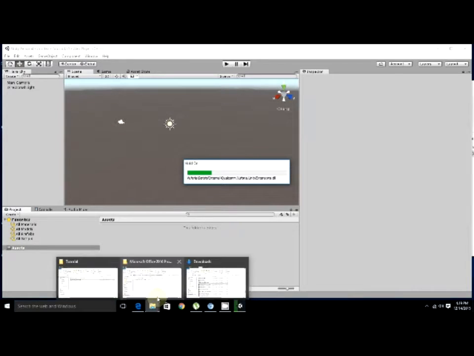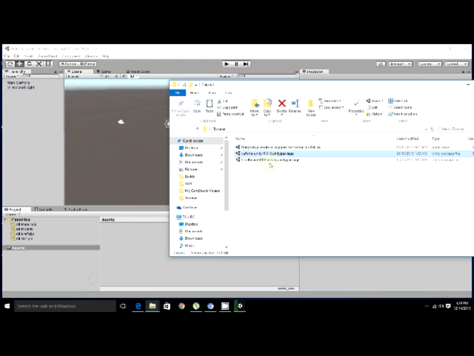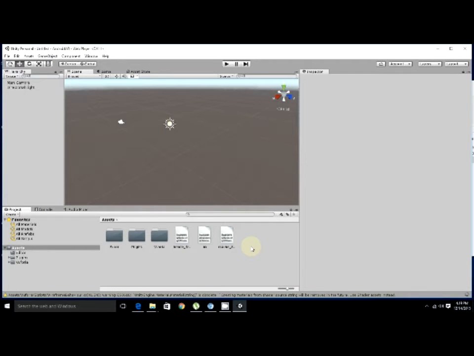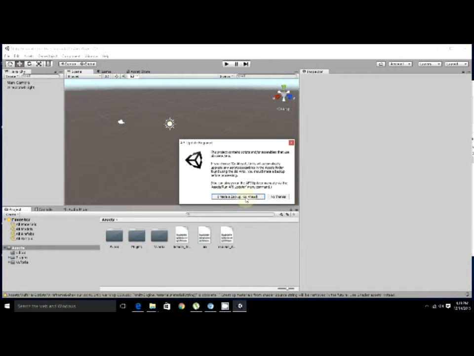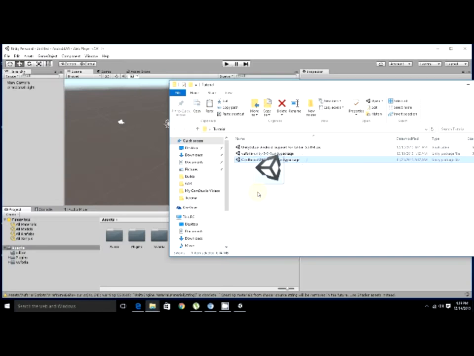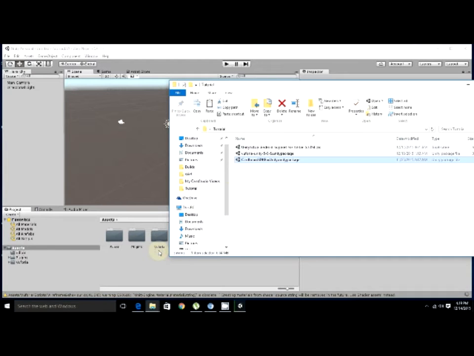Next step would be to import the Cardboard SDK for Unity package. Okay, we are good to go.